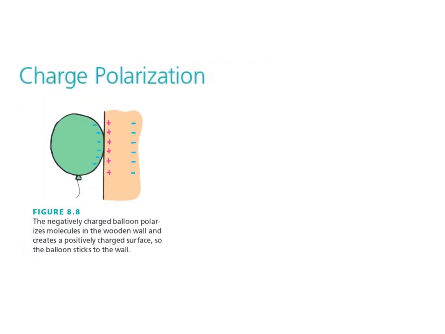Here we can see a familiar example of charge polarization. You probably experienced this at some point when you were a kid. If you ever rubbed a balloon across your hair and pressed it against the wall and let it go, you might have marveled at the fact that the balloon will stick to the wall and just be held up. What's happening here is actually a two-step process. The first step is you rub the balloon in your hair. You're transferring electrons from your hair onto the balloon, and so the balloon is made negatively charged.